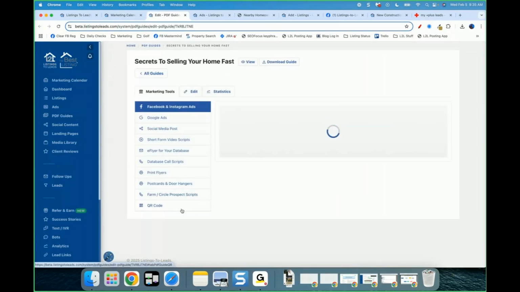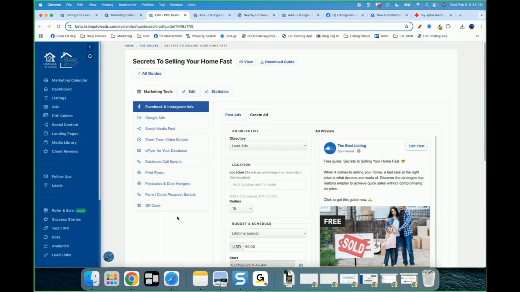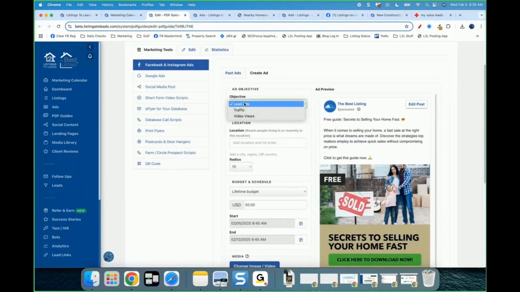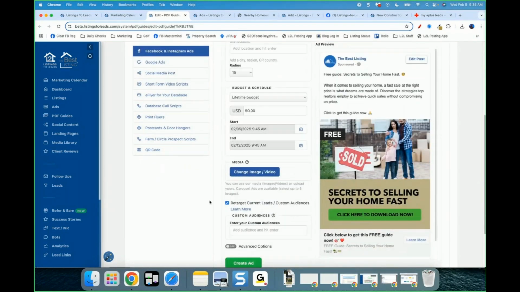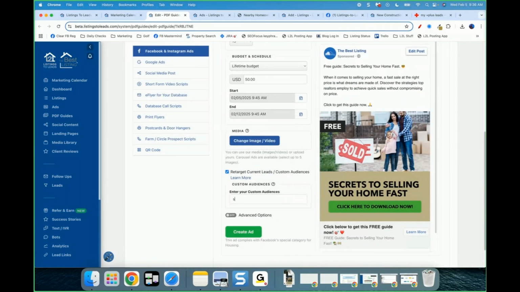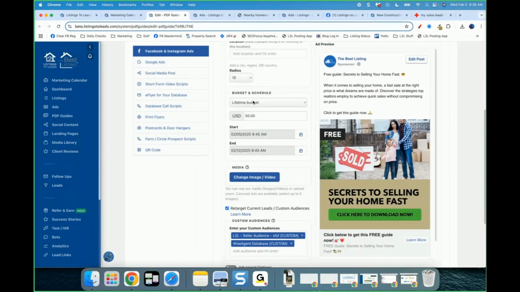Go to marketing tools, market. And I think I'll just do a $2 ad for this one to the same audience. So under objective, just drop it down to traffic. And then I'm going to come down here to retarget current leads, add in my audience. Now, the reason I always do audience before changing the budget and schedule is because if I try to change from lifetime 50 to daily 2 without the audience being there, it throws an error, because it'll say it's just not enough money because it's thinking you're going to be putting in the location,